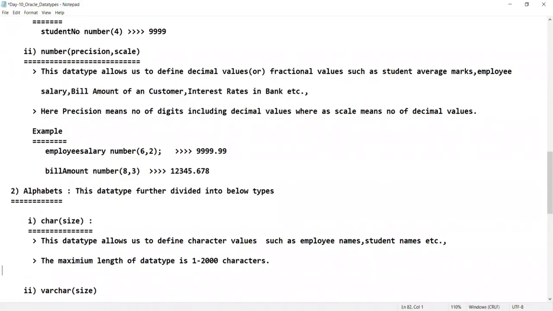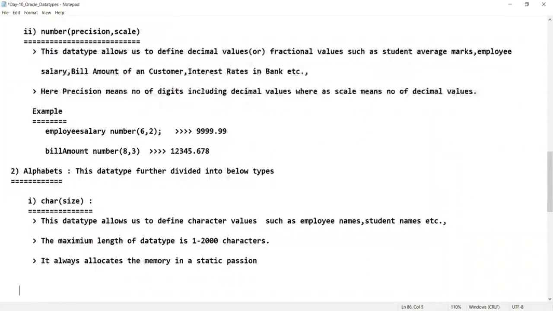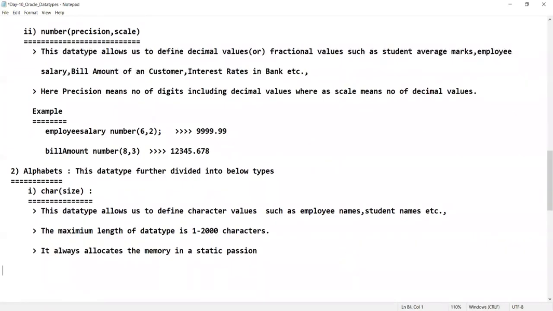And one more important point as part of this data type is what? It always allocates the memory in a static fashion, sir. Static fashion. How can you say whether it is a static fashion, sir? So for example, what I will do here is